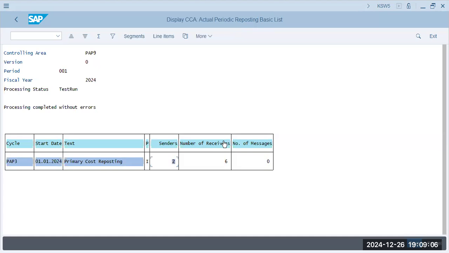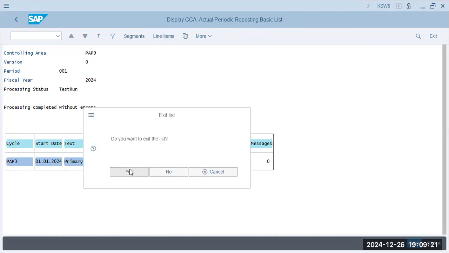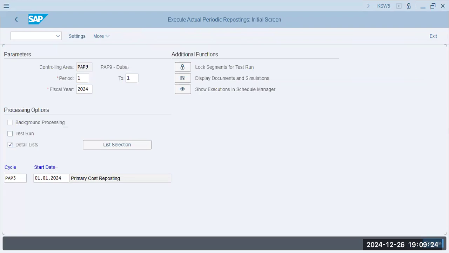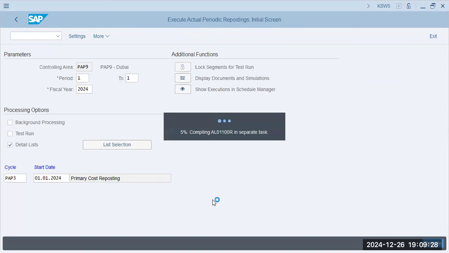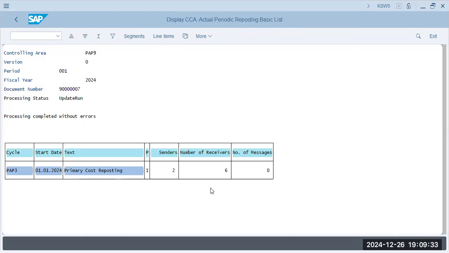Sender to rent and electrical units. Receiver 6 because 3 cost centers. Without errors, line items will be generated. No errors. Execute. Line 07 has been posted. Okay. So